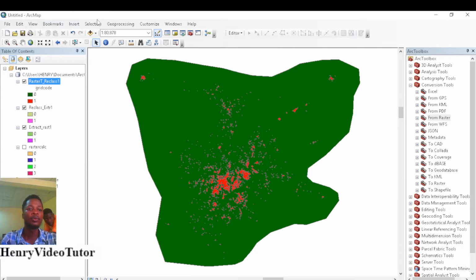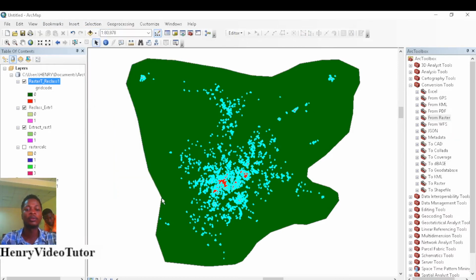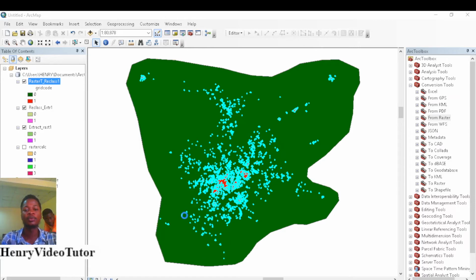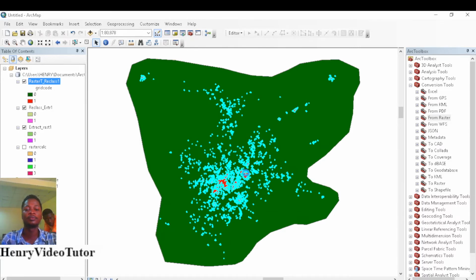Okay, so we go to selection, click on select by attribute. So gray code equals 1, click on OK. So this area is highlighted. You right click, and then go to data and export your data. Click OK. Click on yes. Okay, so our data here now